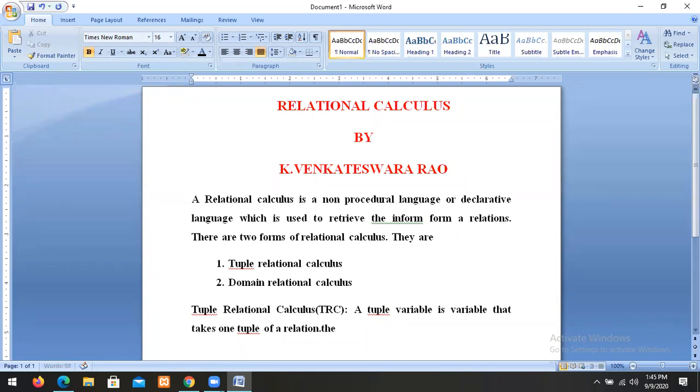The query syntax of tuple relational calculus.